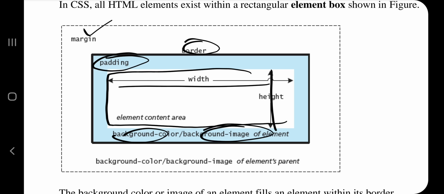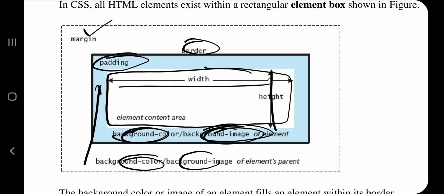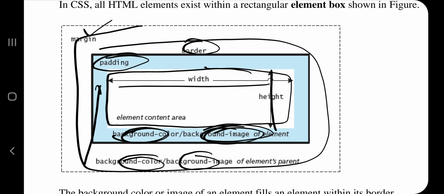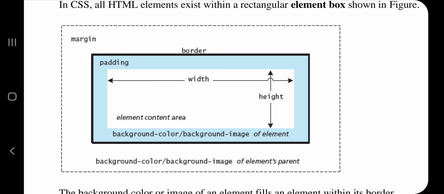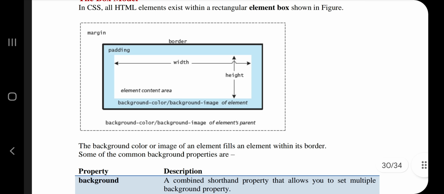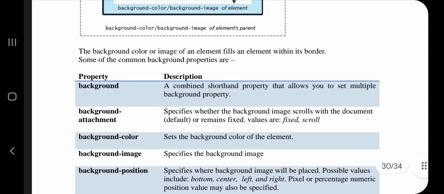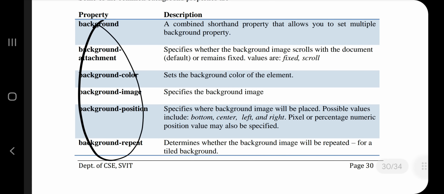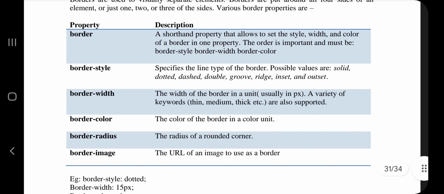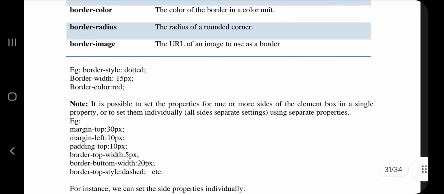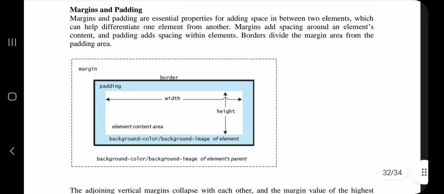This is the element which is getting displayed, and in the padding you will have the background color or the background image. Now the background image or the color of the margin can also be specified. Also for the border it can be specified, height and width can also be specified. Whatever can be specified is known as properties. So there are many properties for the background here, and for the border there are some properties, and margin and padding,